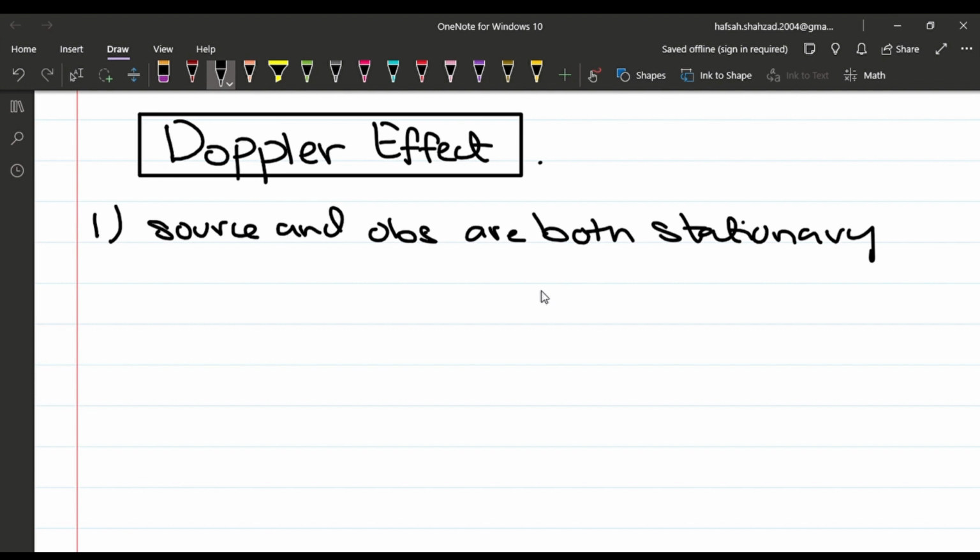So I am the observer because I am standing by the road, and the van blasting the horn is the source. When both the observer and the source are stationary, the frequency of the sound emitted by the source and the frequency of the sound heard by the observer